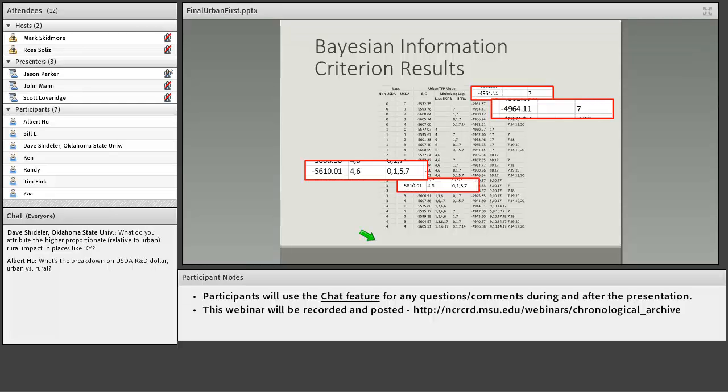And for urban areas, we found that 4 and 6 lags were appropriate for non-USDA funding. And for USDA funding, it impacted at 0 lags, a 1-year lag, a 5-year lag, and a 7-year lag. What that's showing together is that urban areas are impacted early by USDA funding, today and next year and 5 years from now, but rural areas are only impacted 7 years out. And that probably has to do with, like Scott was talking about, the supply linkages.